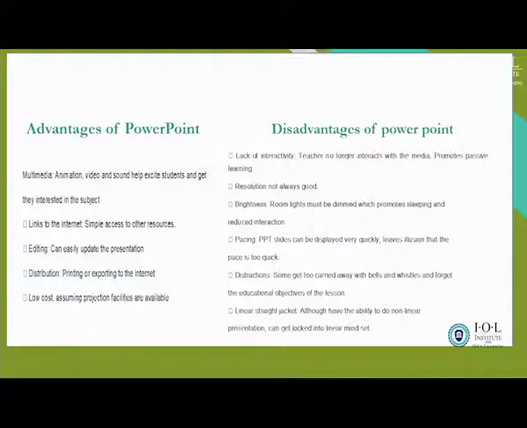And then we move on to disadvantages of PowerPoint. So we are saying there is a lack of interactivity. Sometimes there is no longer interaction. Like we all know, COVID introduced us to different ways of teaching, whereby learners were on lockdown and the teachers were teaching from home. So you just